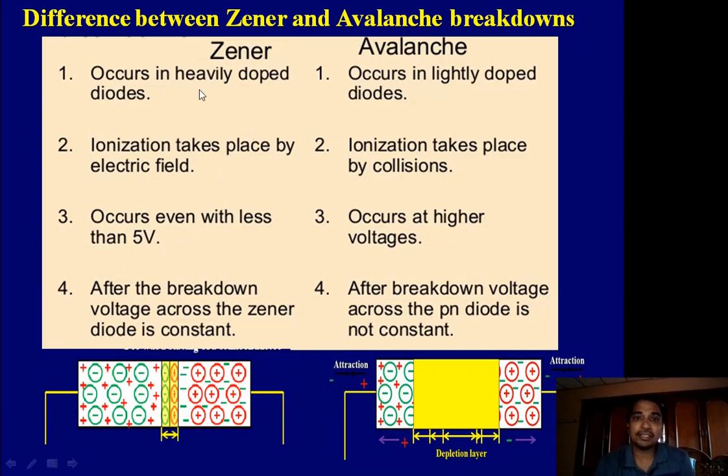Today we discuss first of all Zener breakdown and avalanche breakdown. This Zener breakdown was explained by a scientist named Zener. First of all, what is a Zener diode? By using this small diagram I want to explain. A Zener diode is a highly doped diode. If you do high doping to a diode, the depletion region width will be less. A narrow depletion region will be formed.